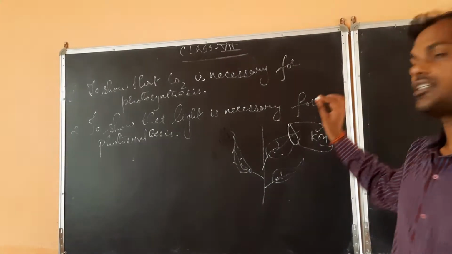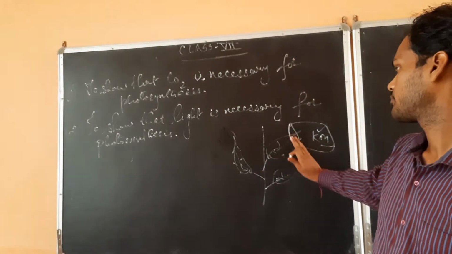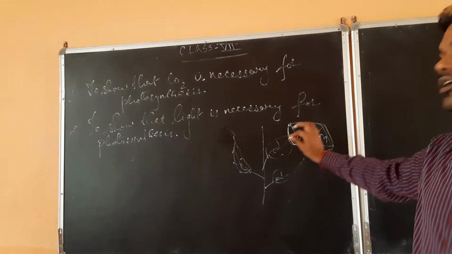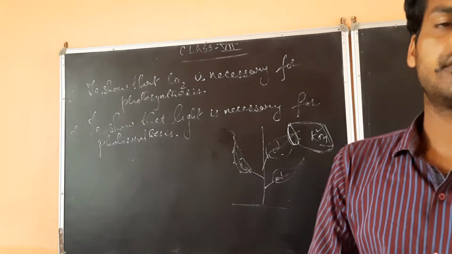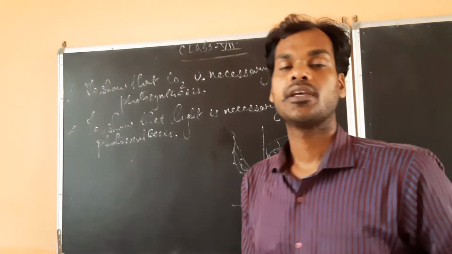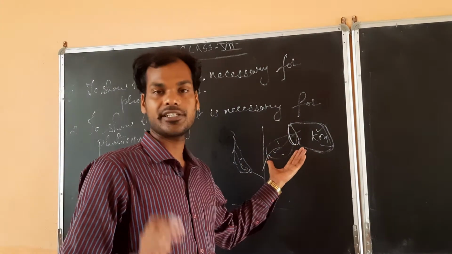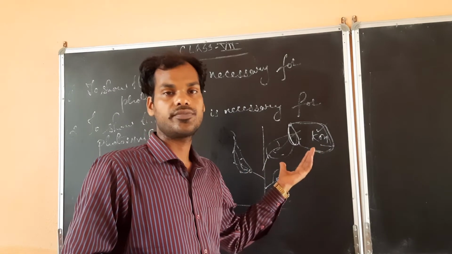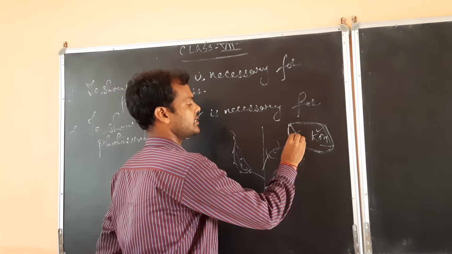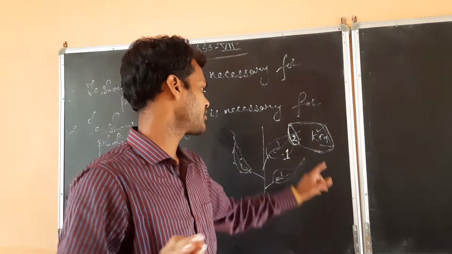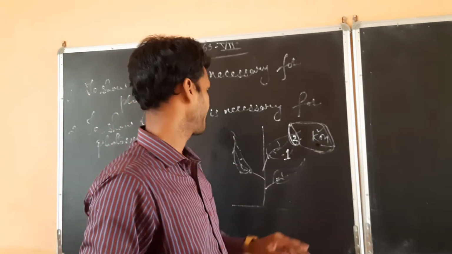Okay, now the function of this KOH is to absorb all the carbon dioxide from this region. The KOH absorbs all the carbon dioxide from this region. And when we are putting this setup in sunlight, after some time, we will have to test this leaf for presence of starch. Suppose this is part number 1 and this leaf is part number 2, which was inserted in KOH solution in a wide mouth bottle. Okay.